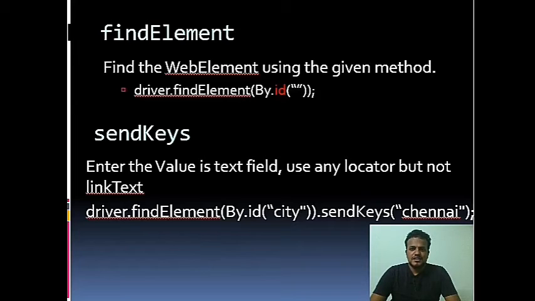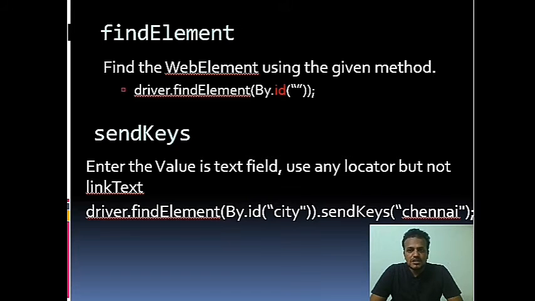Hi, let us learn how to perform some actions on a web element. We have majorly three actions to be performed. One to enter, the second one to click, the third one to select a value from a drop down. We enter in text boxes and text areas which are allocated to enter some value.